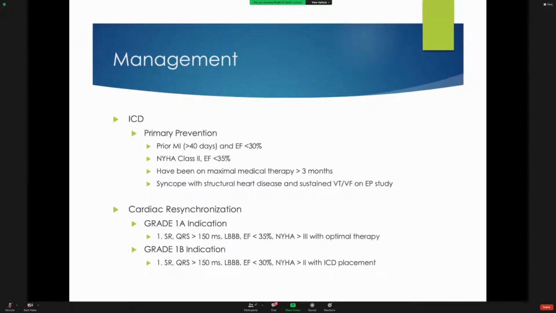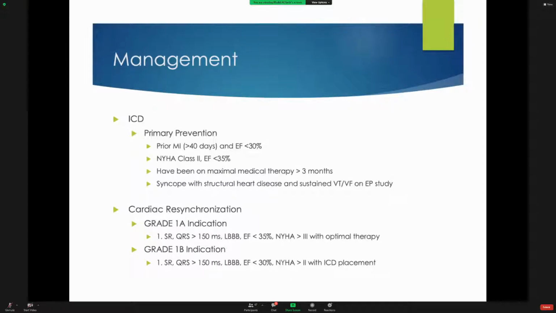So this is about medication, and now we'll come to devices. We have the ICD, or the implantable cardioverter defibrillator, and we have the cardiac resynchronization therapy. We call it the CRT, and the ICD. So ICD, we use it in primary prevention if the patient has prior MI more than 40 days and ejection